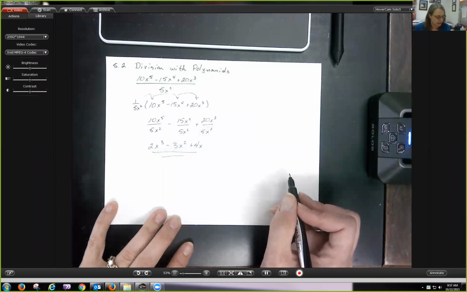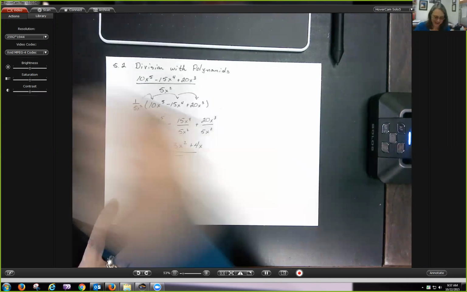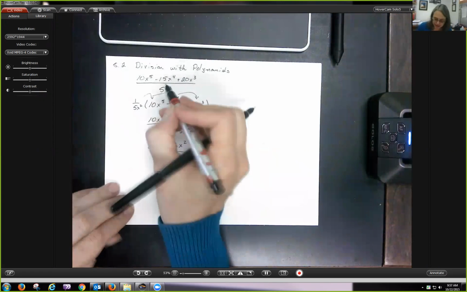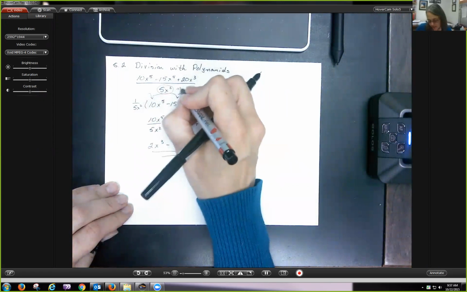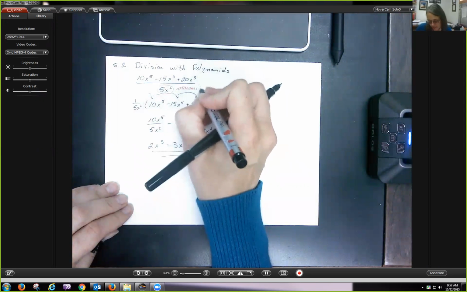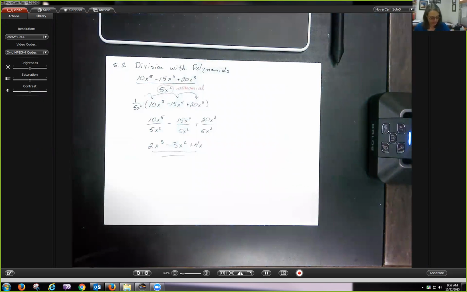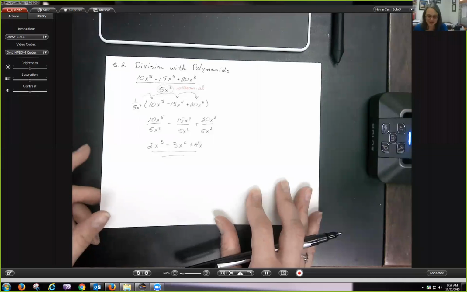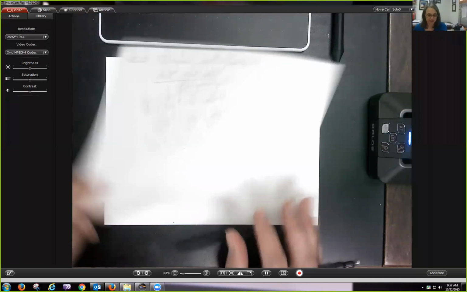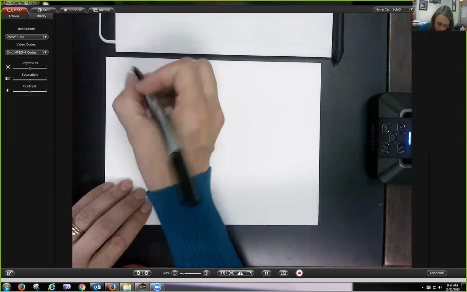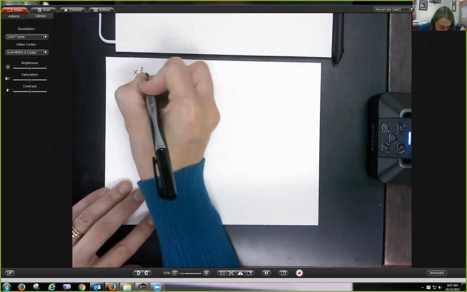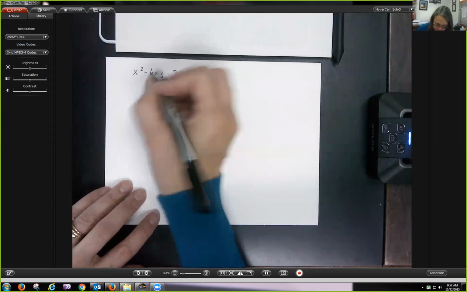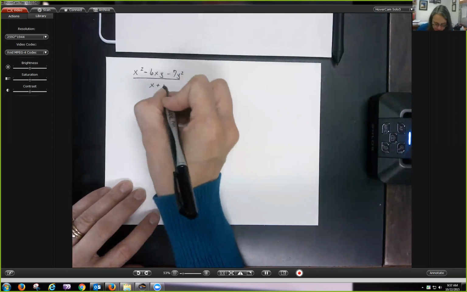That's great. However, it only works if we have a monomial in the denominator. If we have anything else, something that's got more than one thing down there, then things get a little more tricky. So, for example, if I want to simplify x squared minus 6xy minus 7y squared over x plus y,